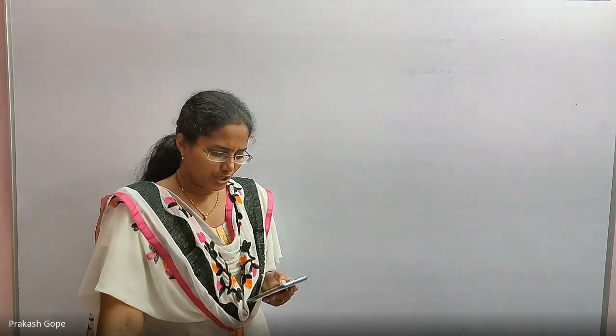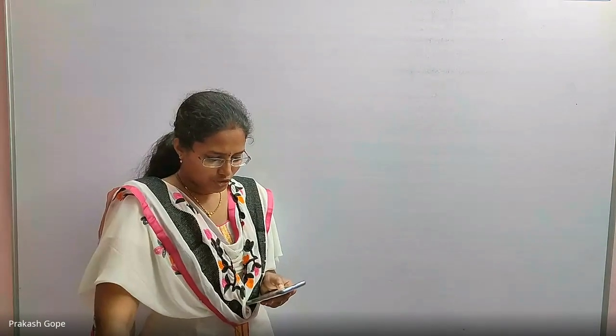Let us see 16 and 17 first. 16th question. Match the algorithms with their time complexities. Towers of Hanoi, binary search, heap sort, addition of two n by n matrices. Tell me binary search time complexity. Binary search, we are solving only one half. T of n is T of n by 2 plus C. Log n. Binary search time complexity is log n. So Q is matched to 4.